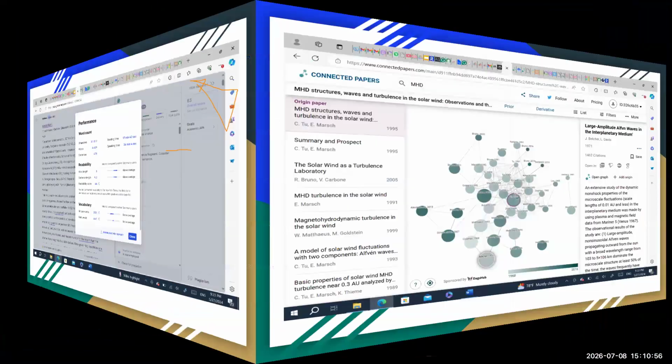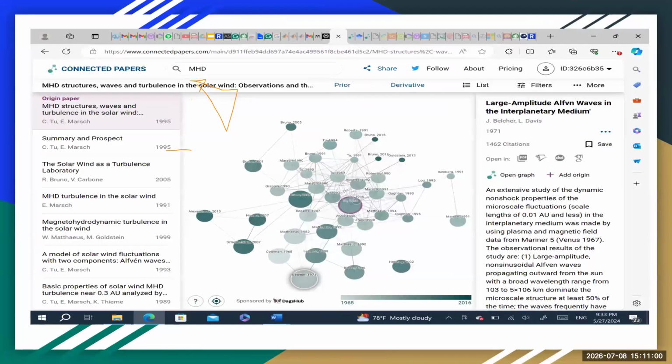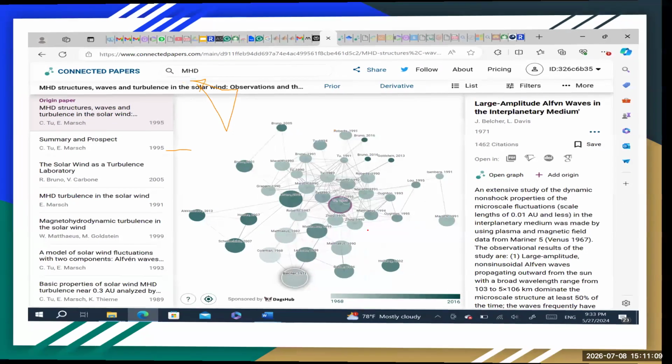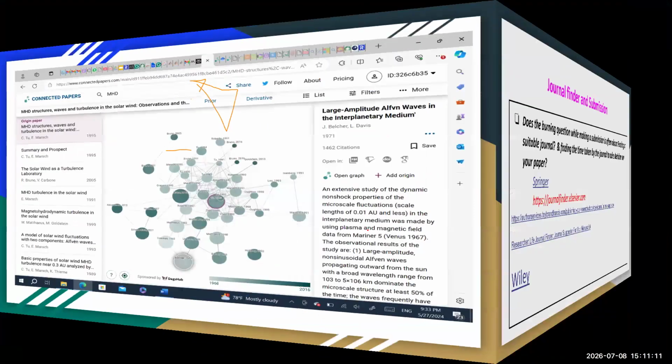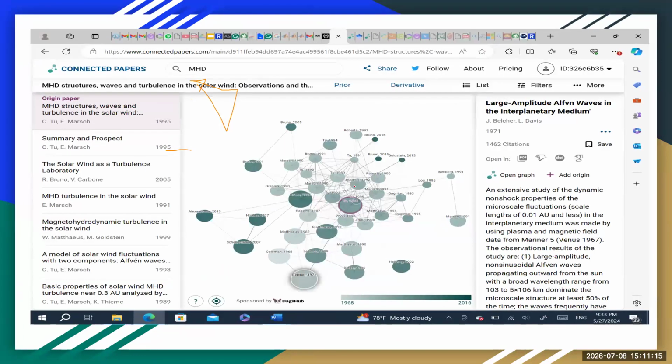And this is Connected Papers, where we can see a similar version of what we see in Research Rabbit. The network of the particular field is what you can get. And Journal Finder, we will be discussing in the next class in detail. So I will be